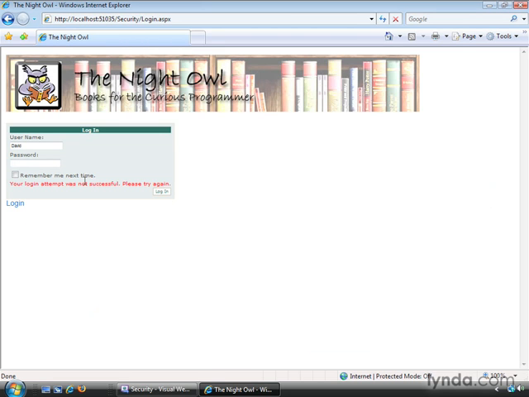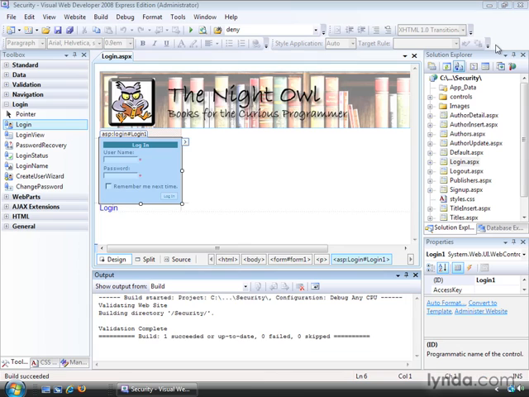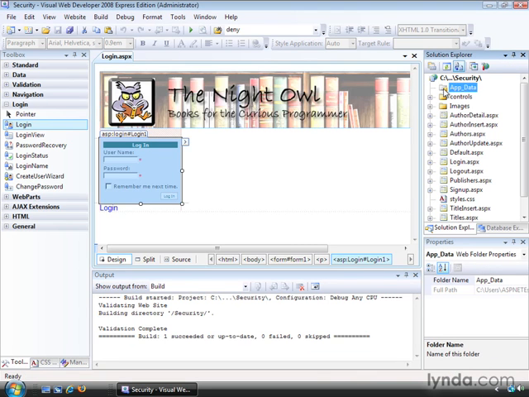Now here's what was going on in the background. The first time you run the login page, the .NET Framework automatically creates a database. I'll go to the App Data folder, which is automatically created in all ASP.NET websites that are created in Visual Web Developer. And I'll click the Refresh button at the top of the Solution Explorer panel. And you'll see a new file has been created called ASP.NET